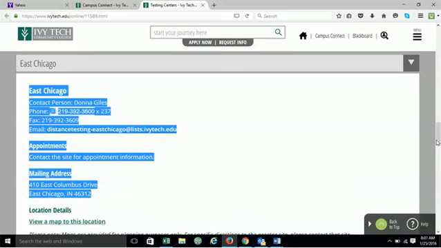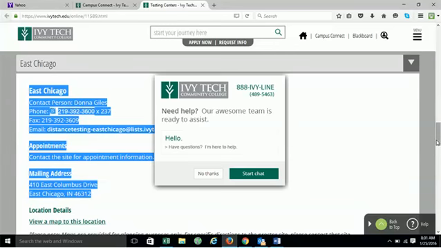I want you to understand that I understand that it's a complex process, and there's a chat box there if you need assistance with finding your testing center information, and those folks are very helpful. But what I want